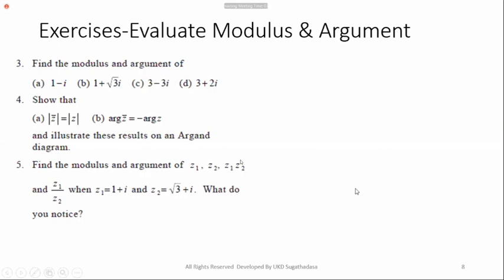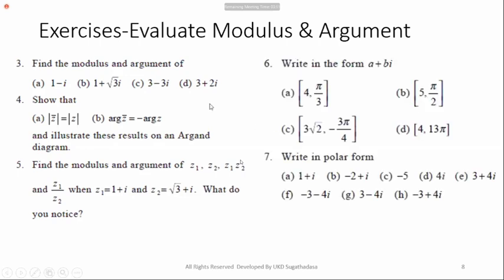Next question, I think it will take 3 minutes, we'll try to finish it. I don't know whether you can finish it. These questions are not difficult, I think, some are already familiar, we have done them. The second one is the new thing. The first one you can do easily, remember, find the modulus and argument, very straightforward. The third one is also not difficult, because complex numbers are given. You want to calculate Z1 divided by Z2 and so on.